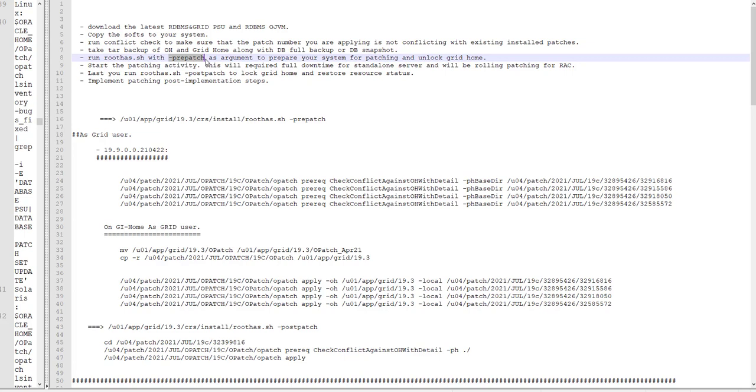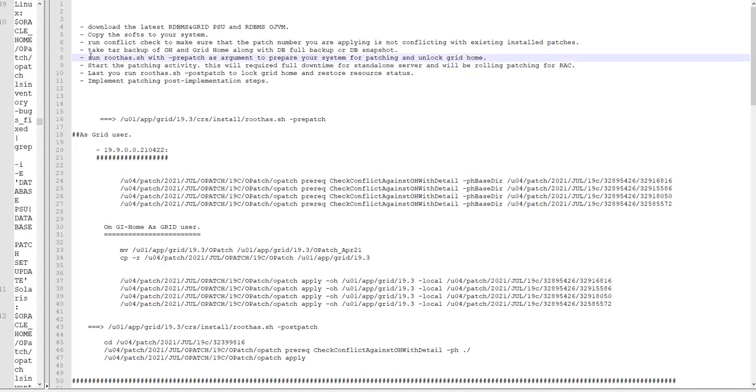So what we can say is this command will prepare your system for patching. We prepare the environment for grid patching. When this is completed, we can start our actual patching activity.